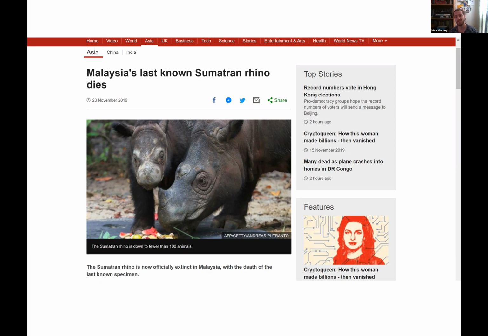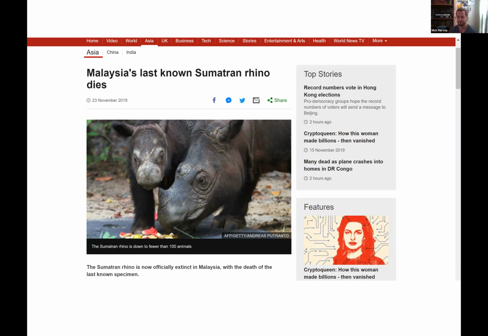It exists in quite dense forest. It's solitary, except for mothers and calves, like we see here. And they only came together in times when the female was in estrus to breed. As these animals were hunted and as they lost habitat, their densities decreased further, and it became very difficult for